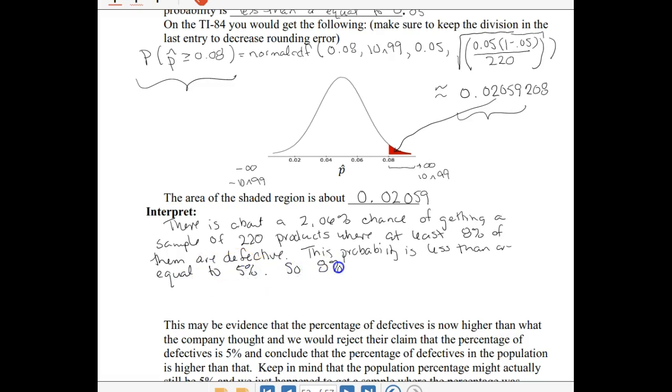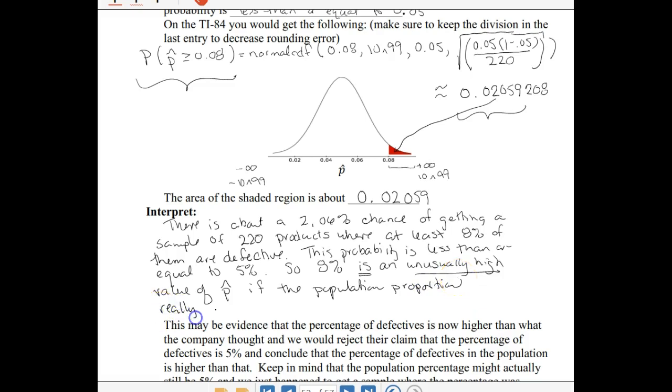That tells us that 8% is an unusually high value of p-hat if the population proportion really is 5%. So if the company's telling the truth about their product and only 5% of all their